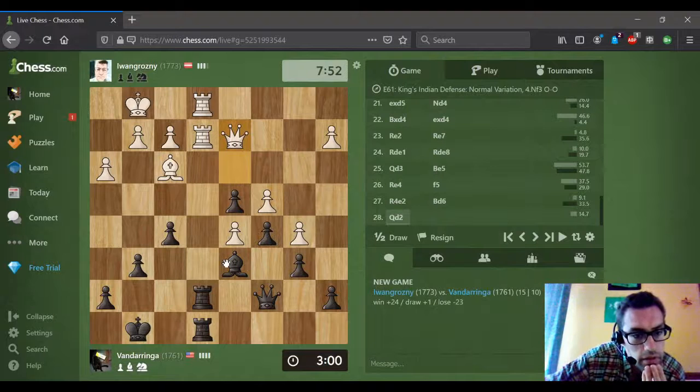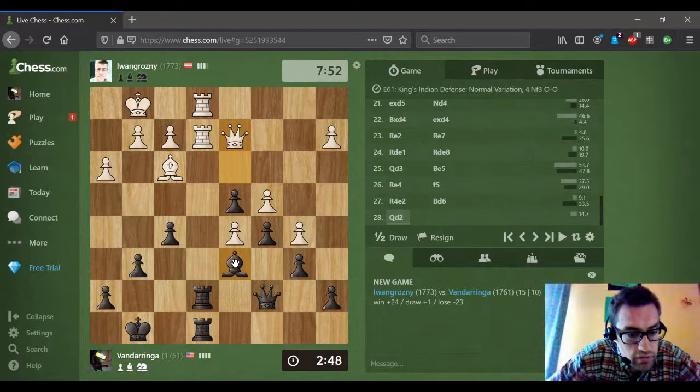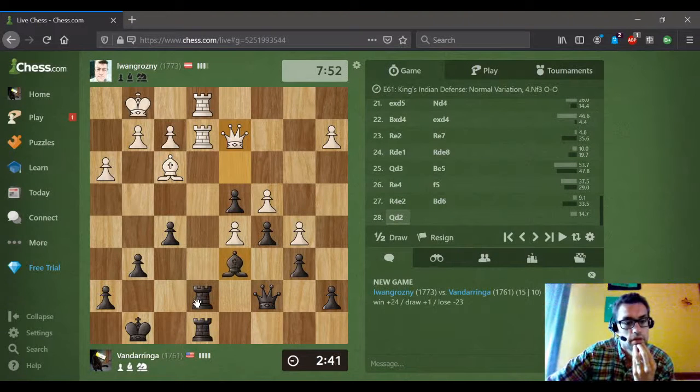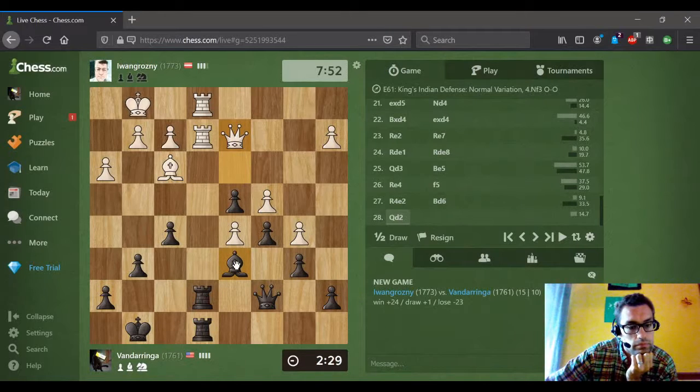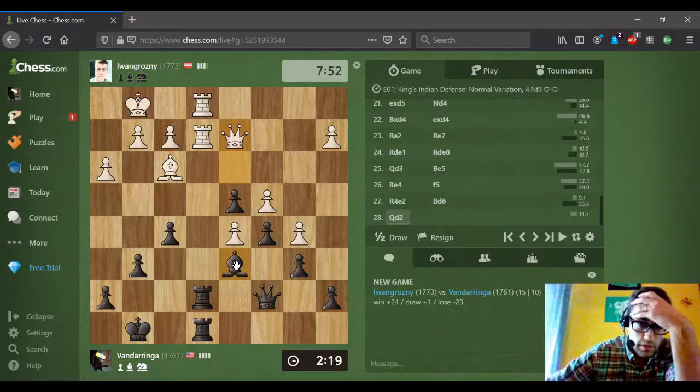Okay. But this allows us to activate our bishop. Are we hanging anything here? Bishop f4, rook takes, rook. Yeah, we may be hanging a bishop by doing that. Actually, rook takes, and then I can just go...